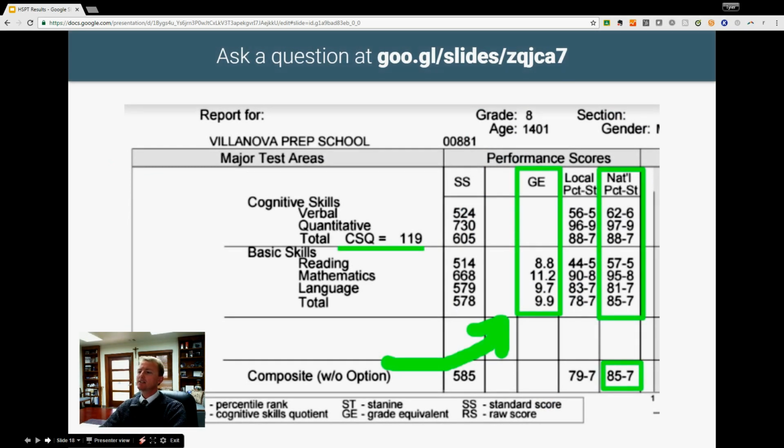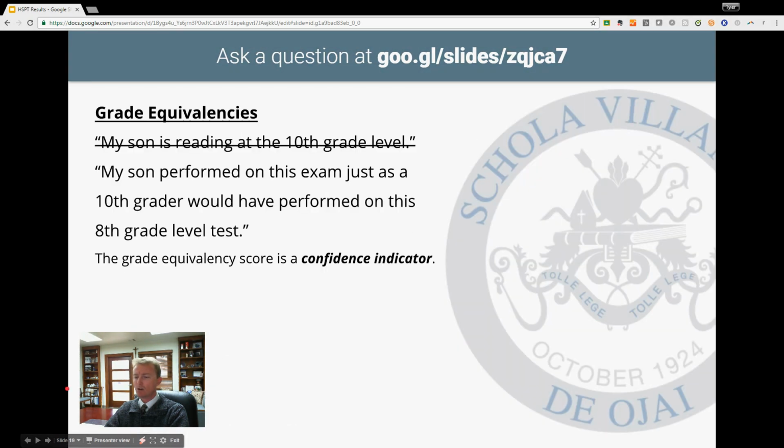And now let's talk about grade equivalencies. So direct your attention to the performance profile, and right there you've got the wonderful green mark. GE stands for grade equivalency. Now I'll go back to this slide in just a moment, but I do want you to really understand grade